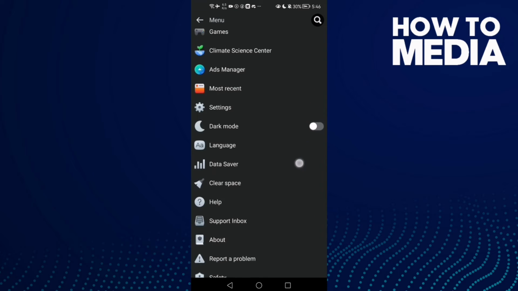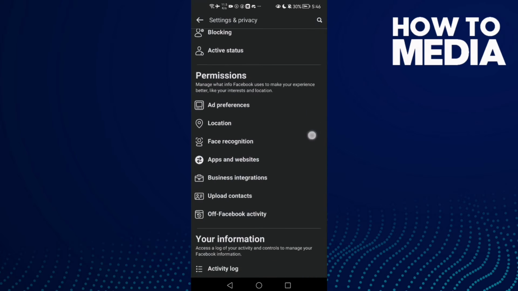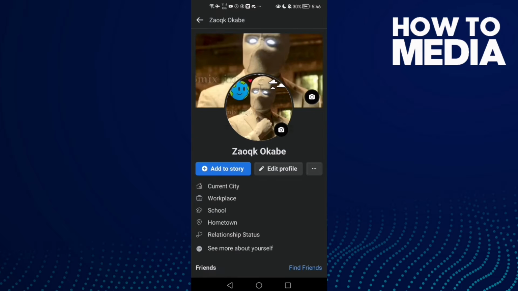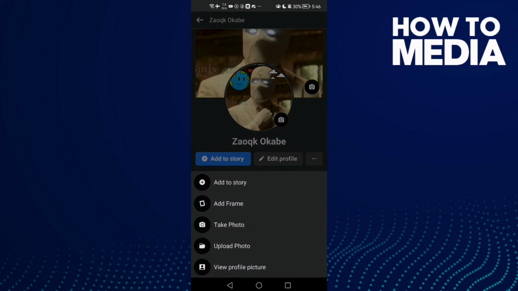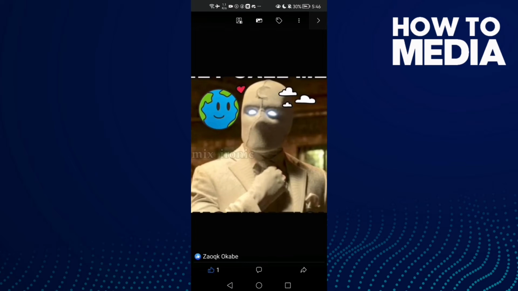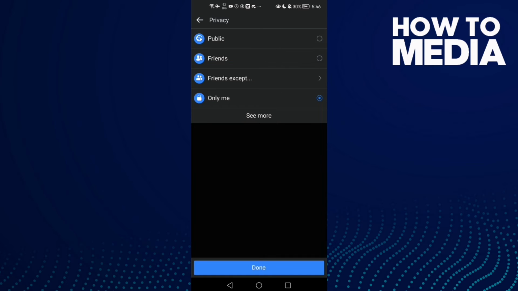down, click settings, and here just click not settings, click on your profile here and then click on your profile picture and click view profile picture and then click these three lines in the top corner and click edit privacy. Now just select public,